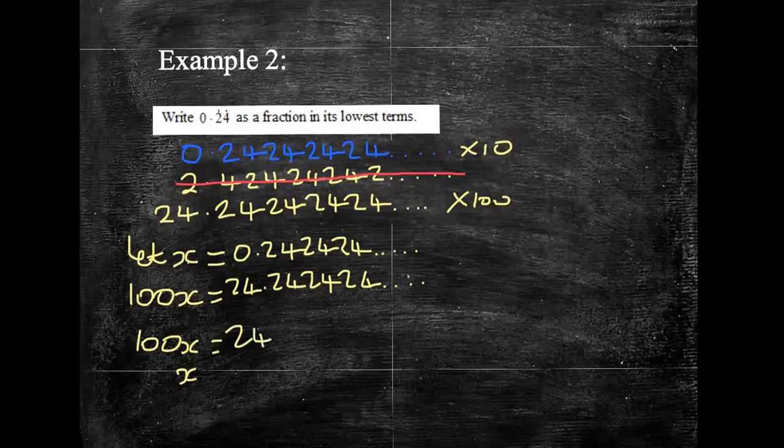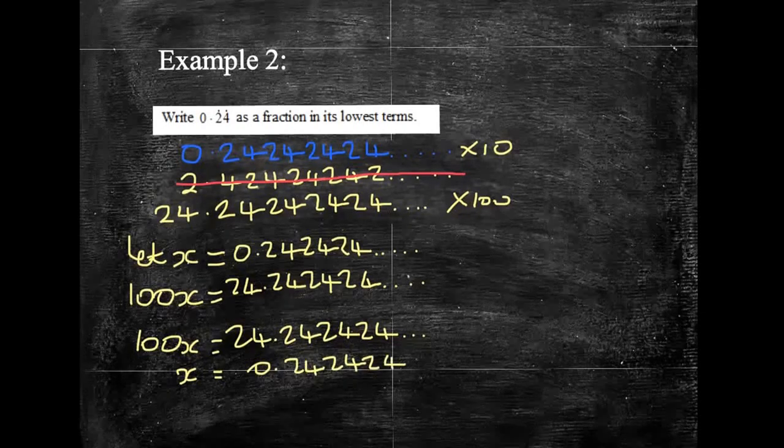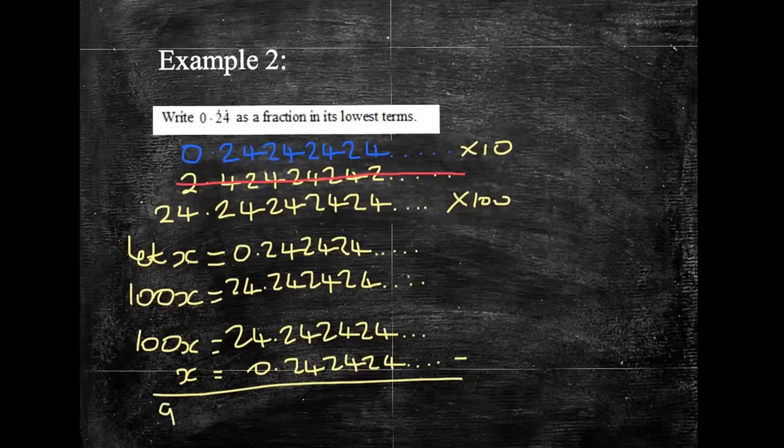I'm setting it out almost like a column method now. x was 0.242424, and so on. Take one away from the other. 100x minus x leaves me with 99x, and here I've got 24. So this time, rearranging, x is